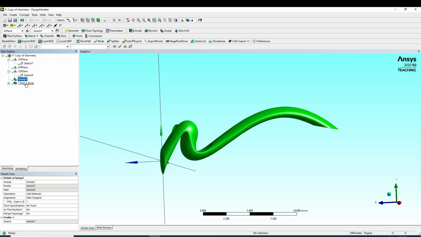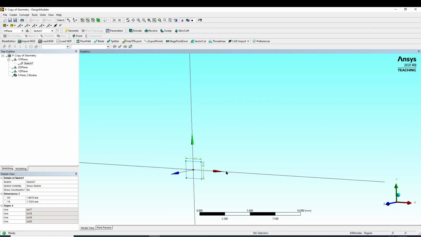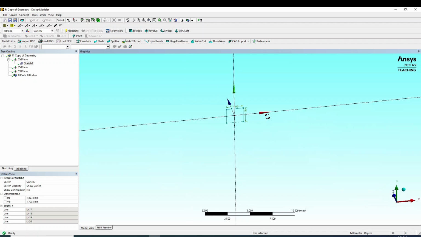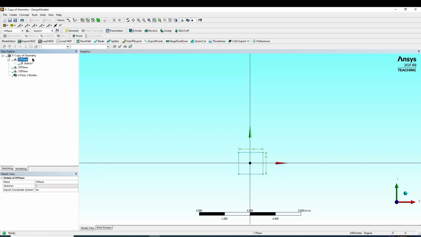So I have drawn the sweep option. Can you see here? One sketch, this is the path. Skin option. I am having this square shape, but another shape I am having is somewhat far away from this sketch. So we want to draw a different sketch on a different plane. So for creating that offset plane, what can I do? I will go for the XY plane, and parallel to the XY plane, I want to draw another XY plane, a new one.